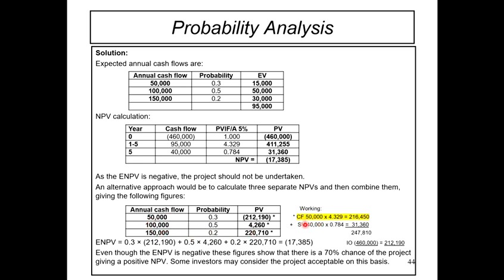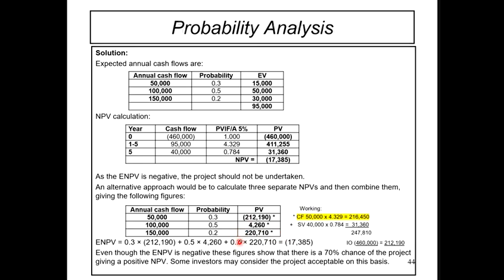Again 100,000. Okay, untuk 100,000 you darabkan dengan 4.329. Still sama, you still akan darab dengan 4.329. You still akan tambah dengan salvage value. Cuma figure ni je, daripada 50,000 you akan tukar kepada 100,000 and then 150,000. Okay, lepas tu you kena tolak dengan initial investment. So bila you buat tu, bila you tukar 50,000 kepada 100,000, you akan dapat 4,260. 4,260 ni barulah you boleh darab dengan 0.5. Sebab kita nak kira NPV one by one ni. Okay, and then again replace 50,000 dengan 150,000 using the same formula, and then you will get 220,710.